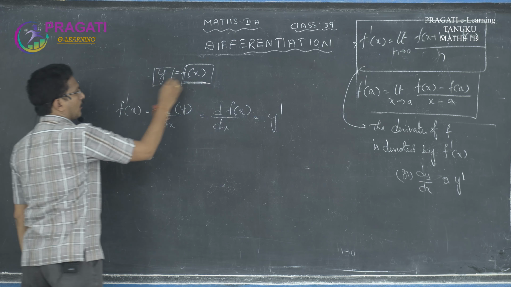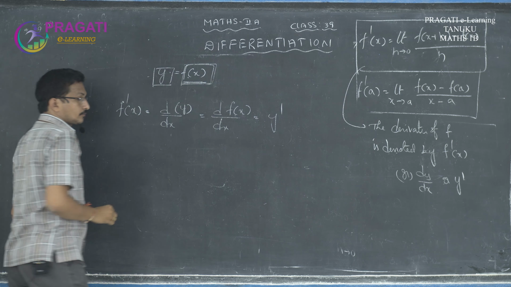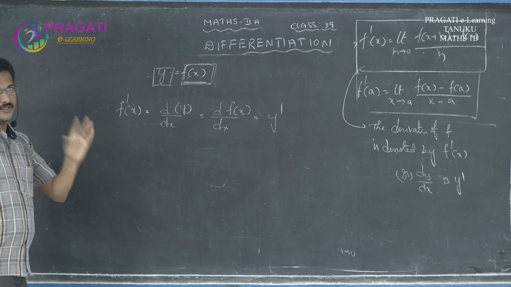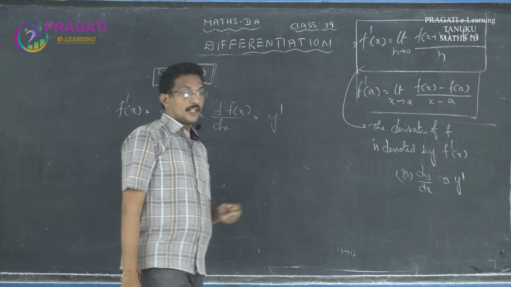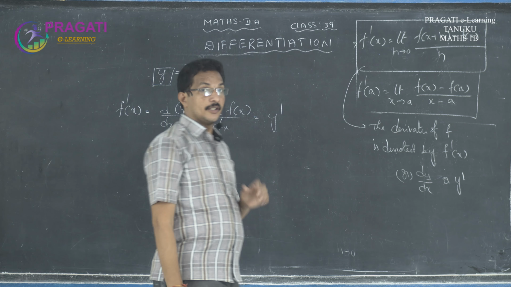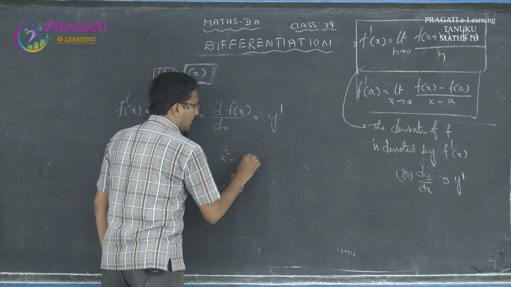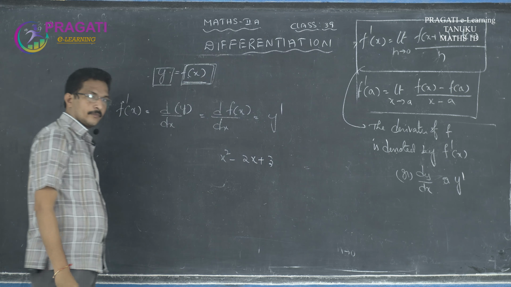Here y equal to f of x means, what is the meaning of f of x? A function in terms of x, then it is denoted by either f of x or y. Here in the school sessions, graphs, you have drawn graphs. Here the function, to find the graph of the function x square minus 2x plus 3. First of all, take y is equal to, write here.